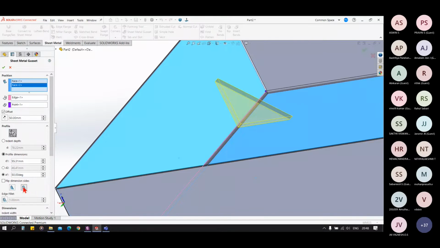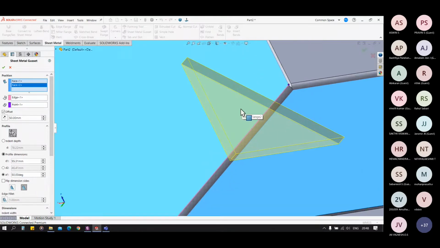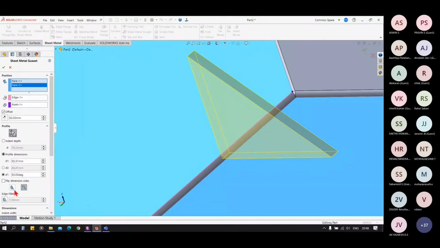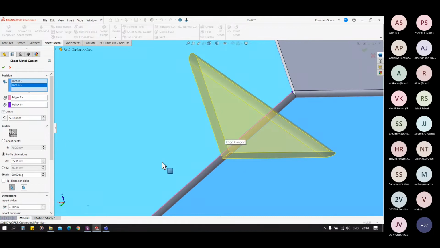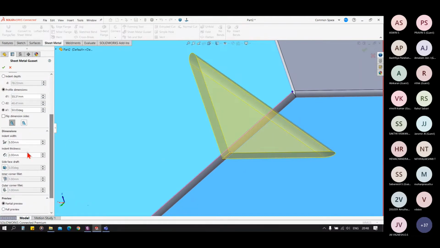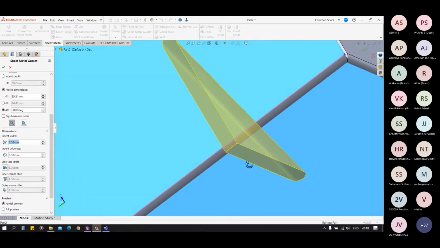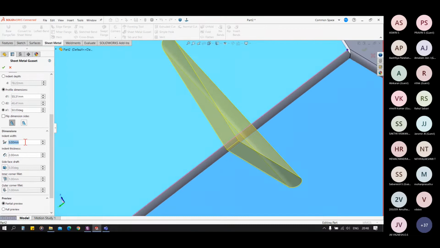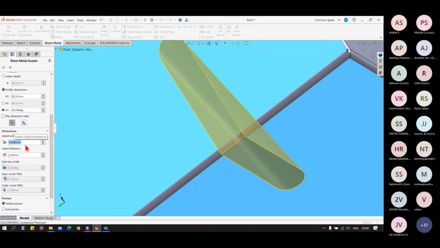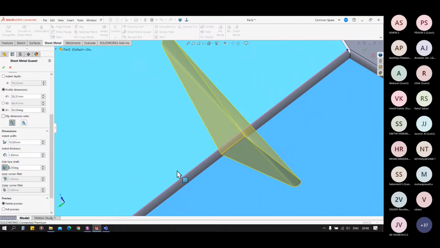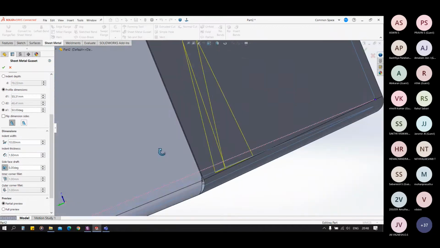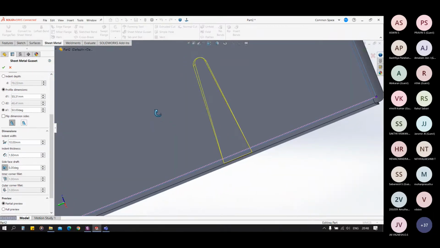We can have this type of gusset, also this type of gusset. We can have the indented width, so it is now 5 mm width. We can increase it to 10 mm like this. We can have its thickness also like this. We can have it drafted also. You can see the draft change in the angle.